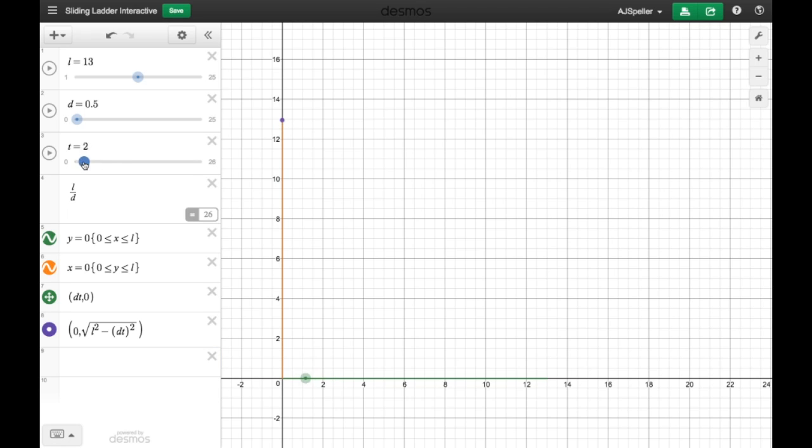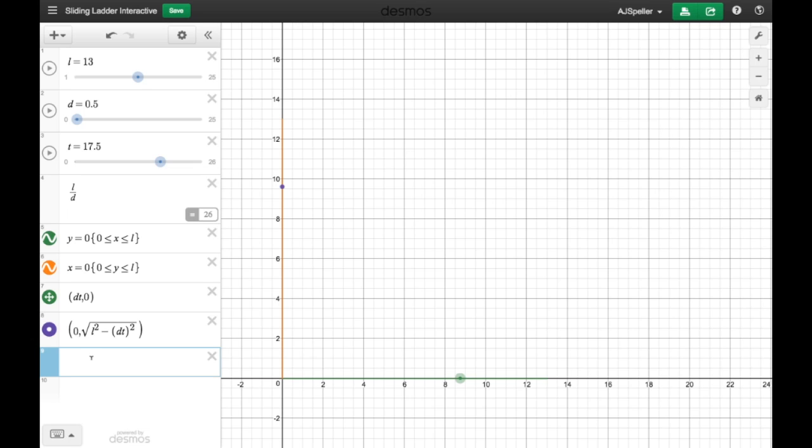And notice that we have this purple dot here at the top. So now when I move the time, we see that we get a simulated movement of the top of the ladder and the bottom of the ladder. All right, to make that movement a little more clear, now let's add in the actual ladder, and we're going to use the